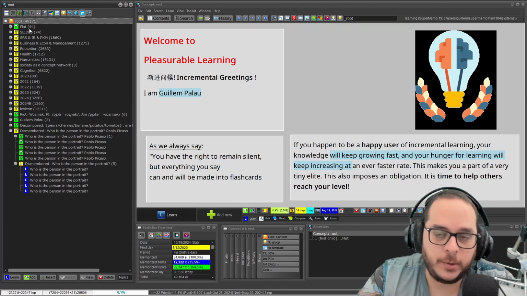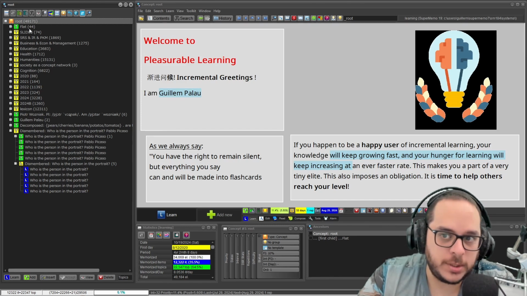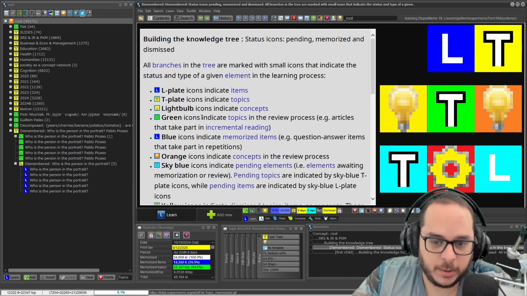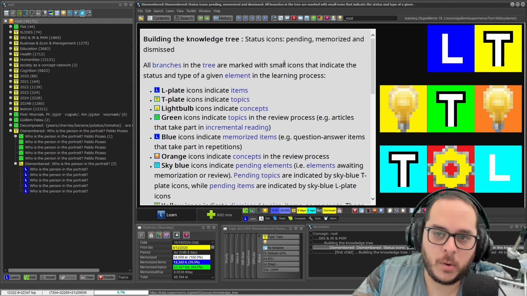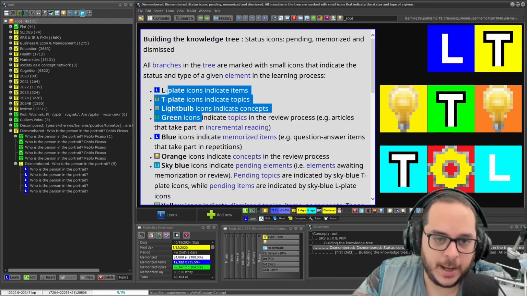We have seen how to use the Dismember feature. Now it's time to know when you should use it, when it's useful. So here I have a genuine extract of mine. This is from the Supermemo documentation. And I have all of those element types